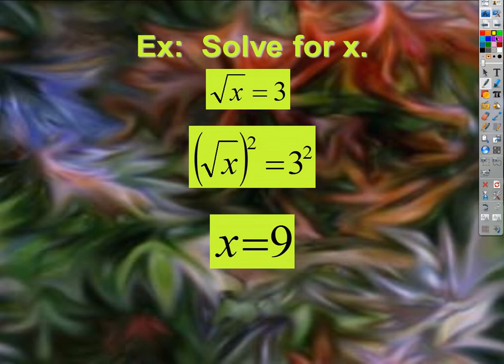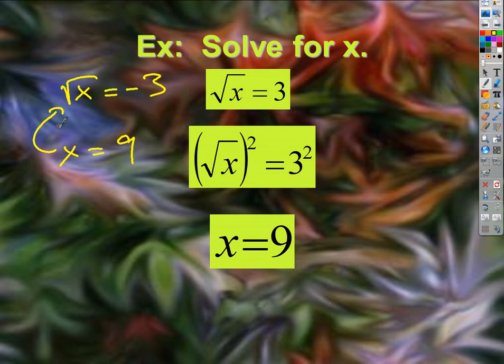how about this? What if we'd had instead the square root of x equals negative 3, and I squared both sides? Wouldn't I have also gotten x equals 9? But when I plug that back in, it doesn't work, right? So what's going to be the result there then? If the only answer we got was 9 and it doesn't work,